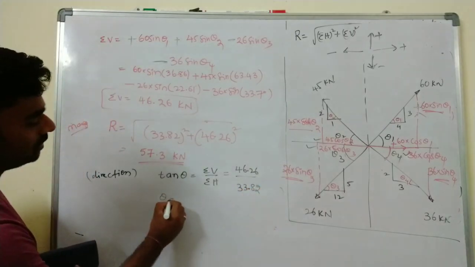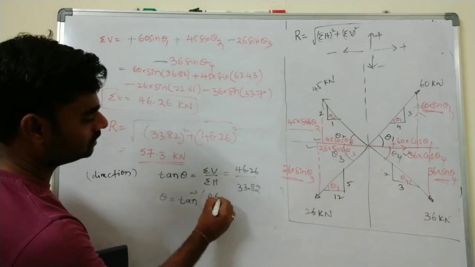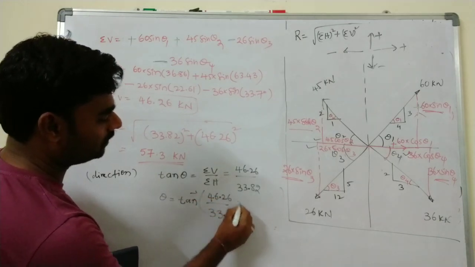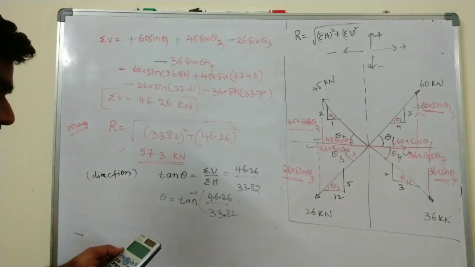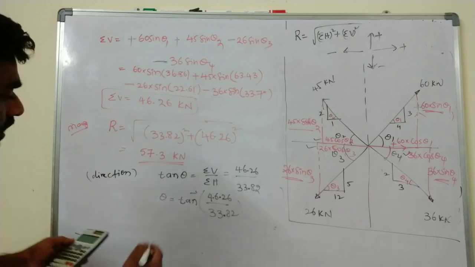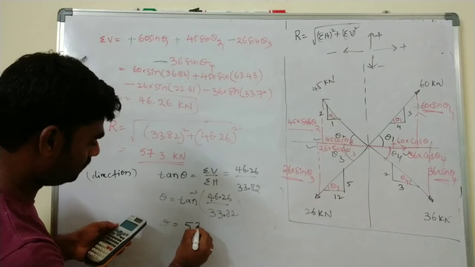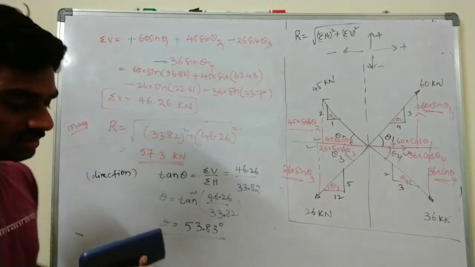Then theta equals tan inverse of 46.26 by 33.82. So then theta equals 53.83 degrees. So this is the final